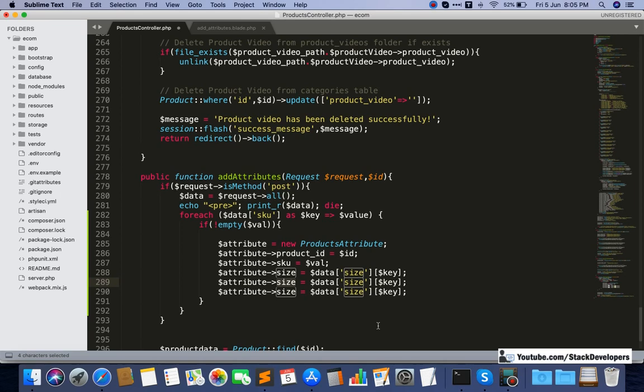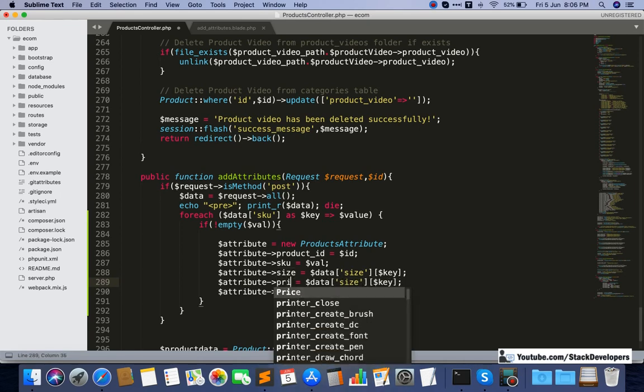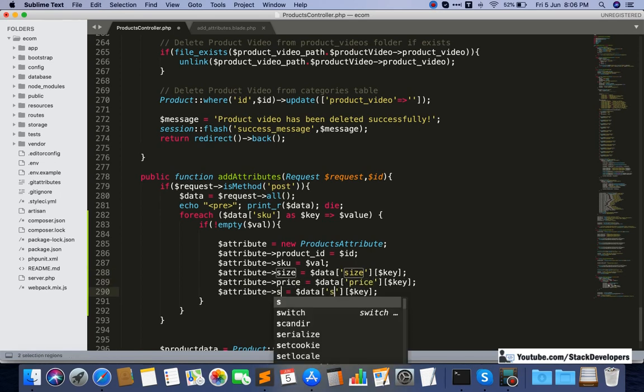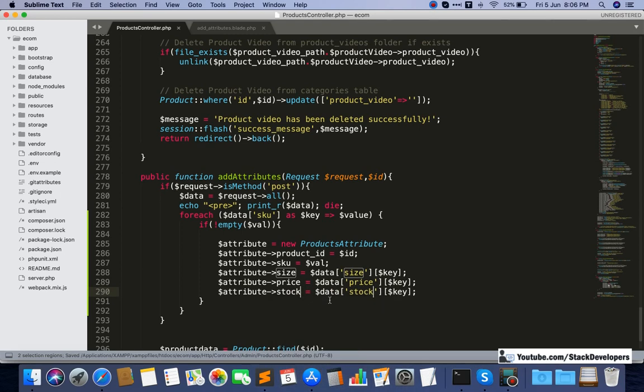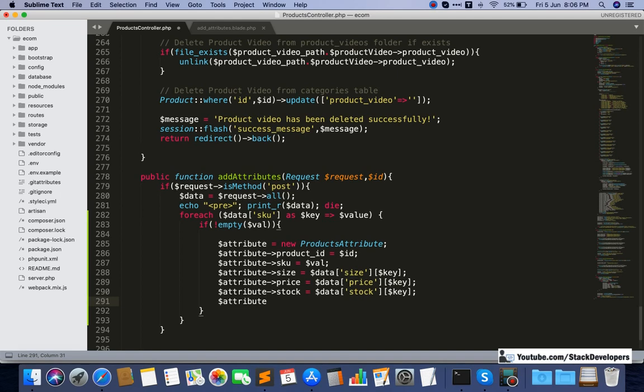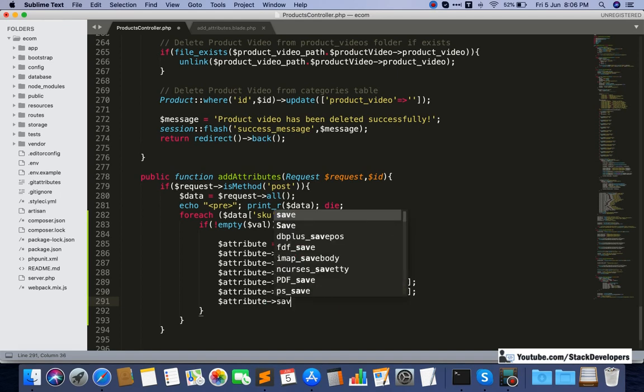I will add the price also, and stock. So after saving, I'm going to save the data, $attribute. I'm going to save it.